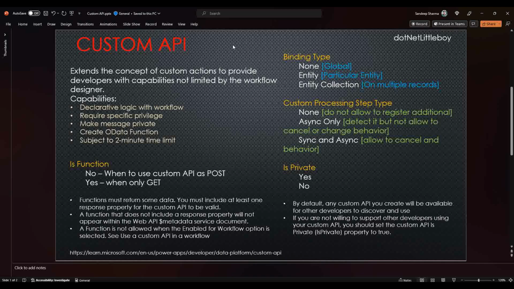Also, an action used to be configured as a message. So when we try to create our own kind of message in Dynamics, we used to create actions, and those actions used to be available to call through a plugin, through the interface, or from an external source in an authenticated way. To extend the capability of the custom actions, the concept of the custom API has been